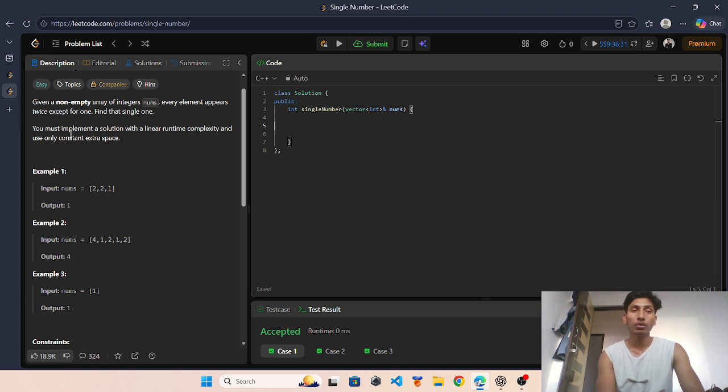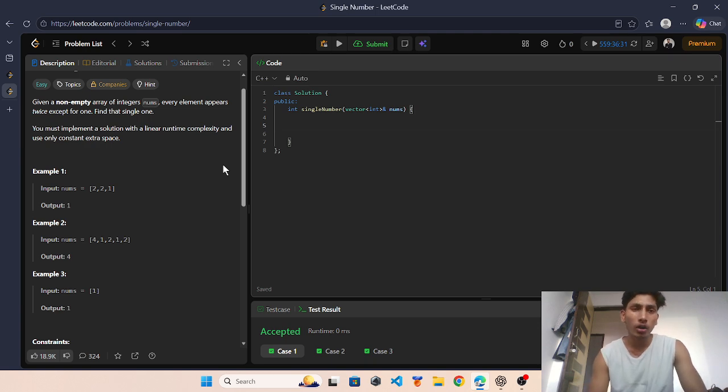You must implement a solution with a linear runtime complexity and use only constant extra space. So we have to apply an approach, not the hashing method or another method where the complexity will not be linear.